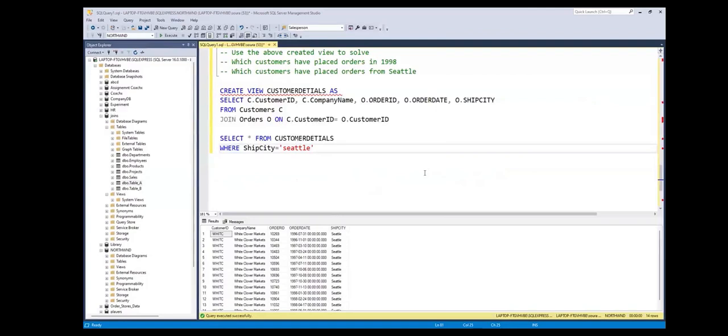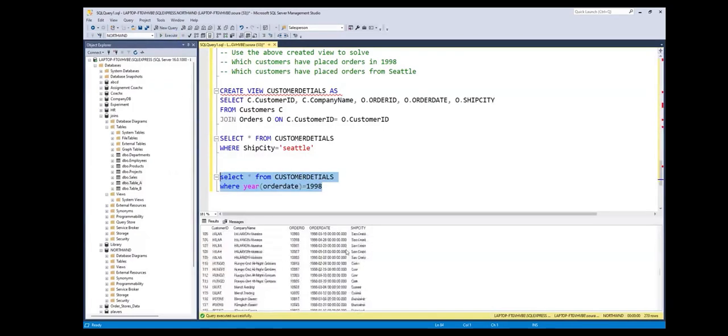Okay, so let's start from where order date. What Nilesh has shared, select star where year of order date is equal to 1998, is correct. You just have to use the year function, which is an inbuilt function, and customer detail is the name, so I will just change this. And this is how it will work. So now you get all the orders that have been placed in 1998. You can use a similar approach using month and day also. This is an inbuilt function. When you are using any date format, you can use the year function to do it. So this would be the solution